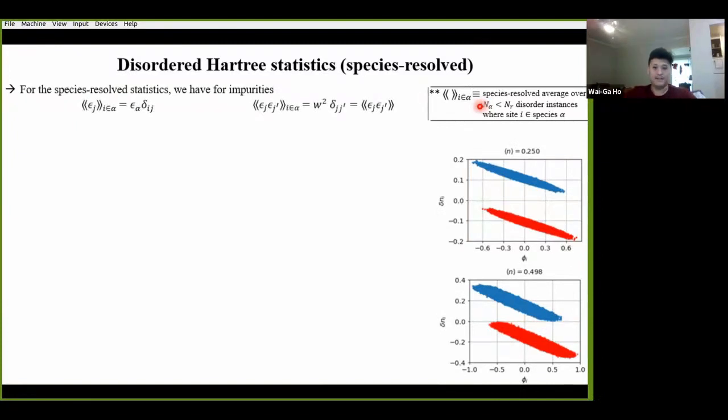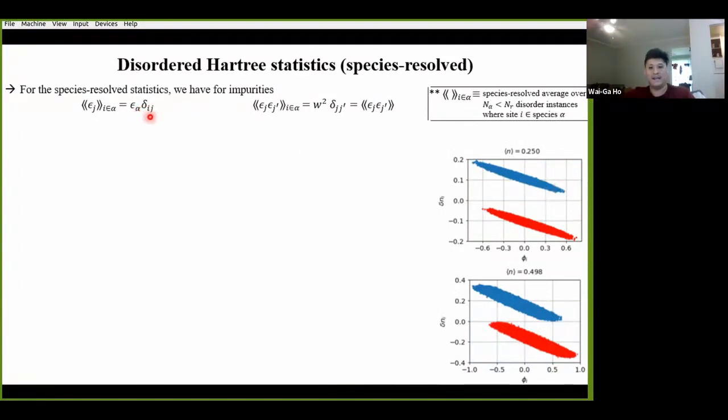Well, if we consider the species-resolved average, this can only be non-zero if the site I'm constraining to species alpha is the same as the site that I'm averaging for, J in this case, right? Because if I'm constraining site I to be some species alpha, and then I ask you, what are the statistics doing over there at some different site J? What can you tell me? You can't tell me anything special, right? Because while I'm sitting here constraining site I, site J can take on whatever impurity it wants. And we already established in the last slide that this unconstrained average should be zero, hence the delta function.